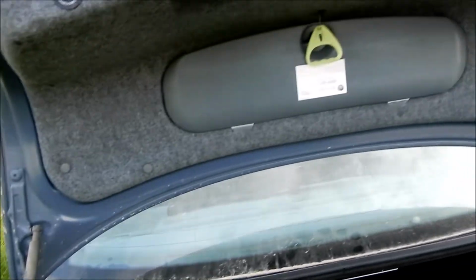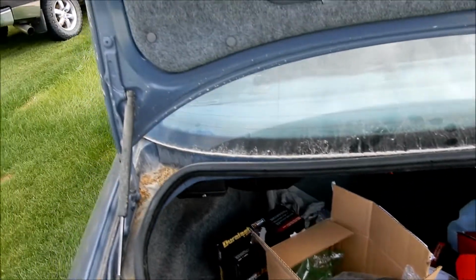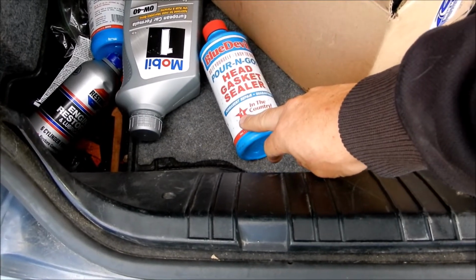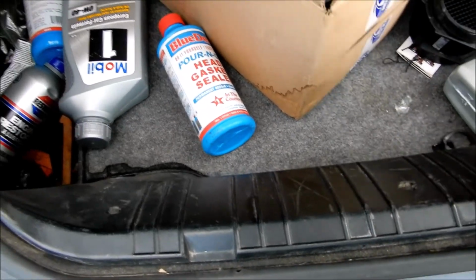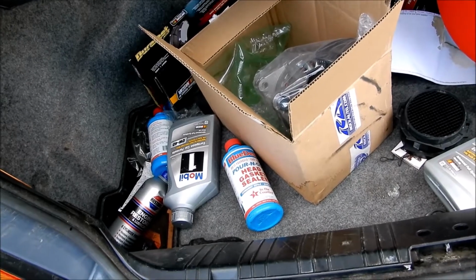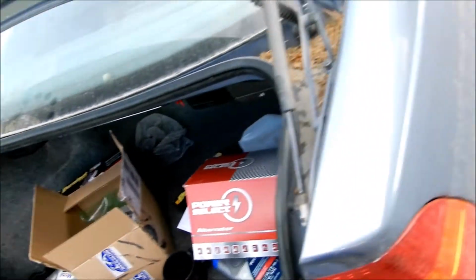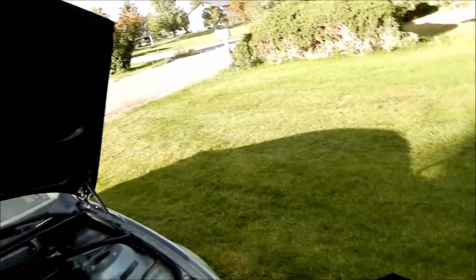So I was going to put a radiator in this just to see, but finding all this in here is not a good sign. I don't know, it worries me. Didn't see that before. But we'll put a radiator in it, drive it, see if it works. If not, then we'll turn this into the parts car, because I definitely need one. I need a fender, need random stuff off of it. But we'll see. But today, right now,